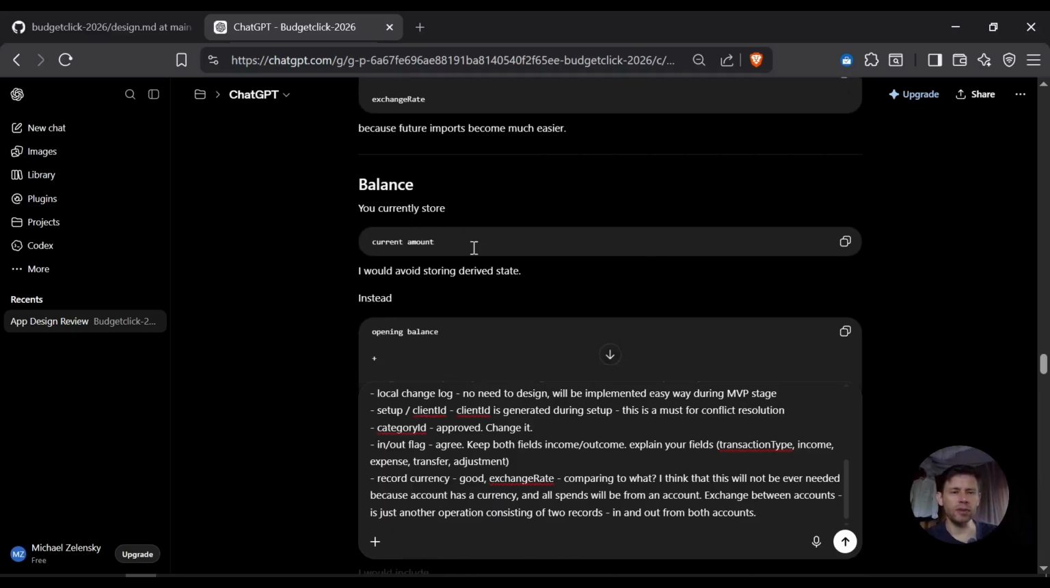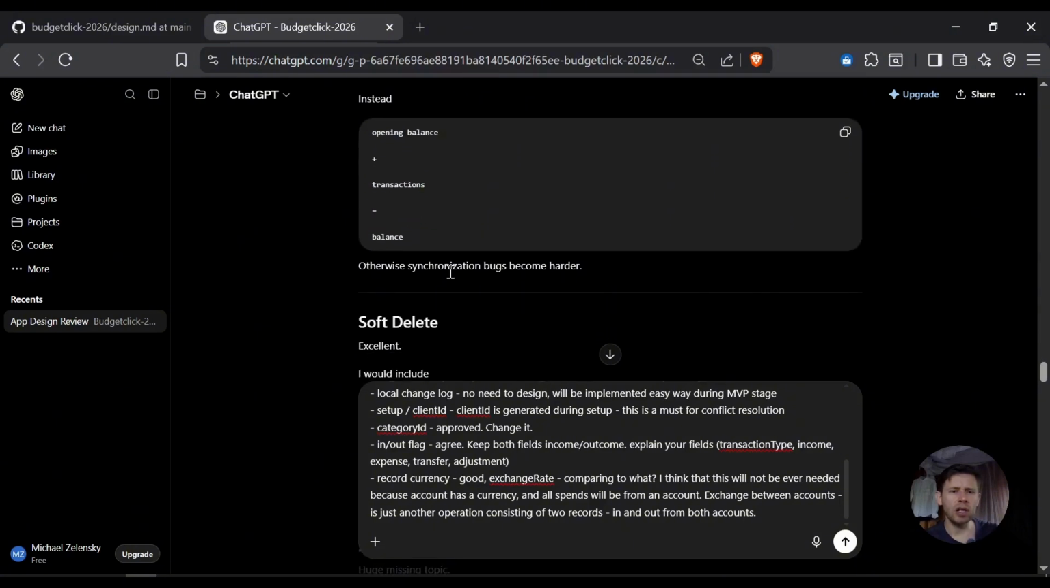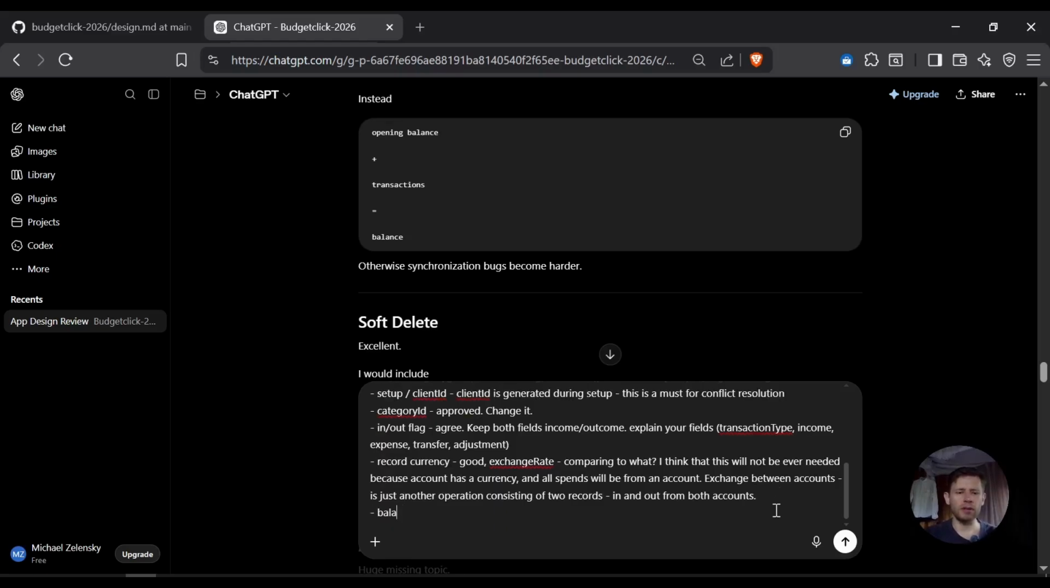Balance. You currently store current amount. I would avoid storing derived state; instead, opening balance, transactions, balance. Otherwise synchronization bugs become harder. Balance, agree. Keep the current balance